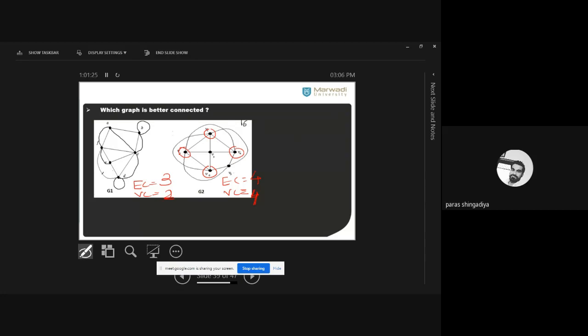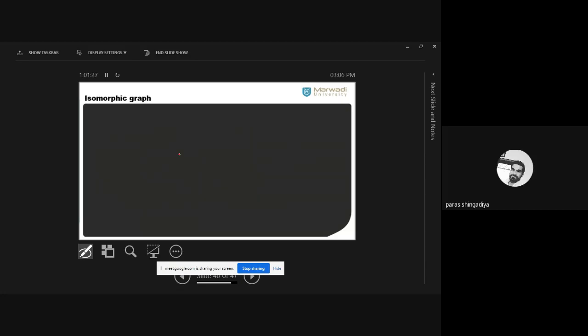So we'll stop here, and the next topic is isomorphic graphs. Clear? Comparison of two graphs. It will take some time to complete this topic. We have also arranged one MCQ test today. So we'll stop here and discuss this topic in the next lecture. Required complete lecture. Clear? So now we'll start the quiz. Okay?